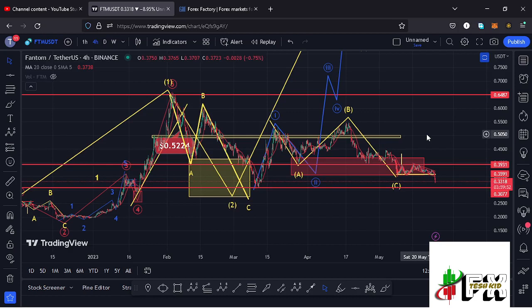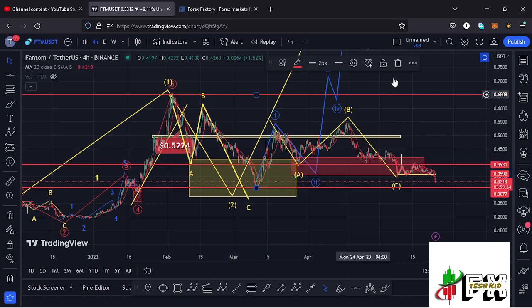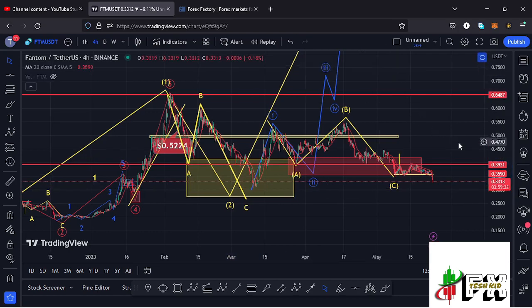maybe from there we can continue heading further down to fully maximize this yellow target area, which lies between the $0.4166 mark and the $0.2728 mark. And that is the minimum that I'm expecting Fantom to do here on the short-term scenarios, and those